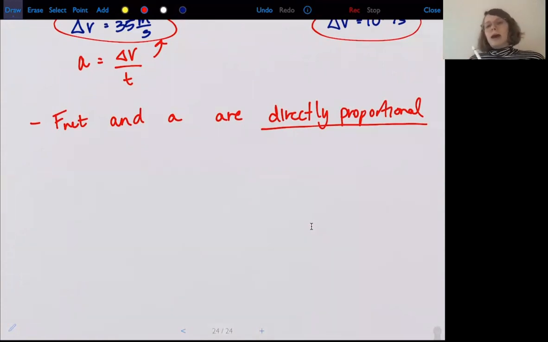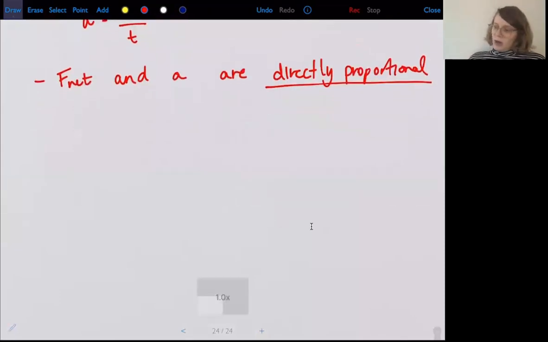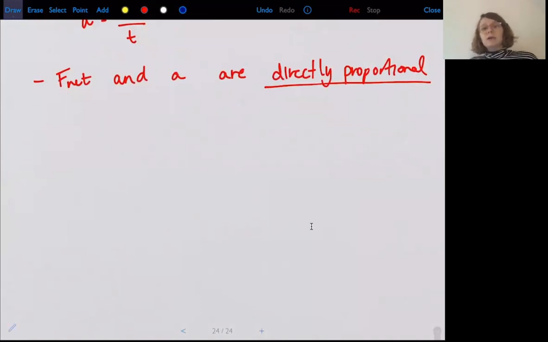What about between mass and acceleration? Mass and acceleration. Let's think about throwing a ping pong ball that is hollow and has a very small mass, as opposed to a baseball, which is solid and has a lot greater mass. Okay, if we throw these two things as hard as we possibly can,